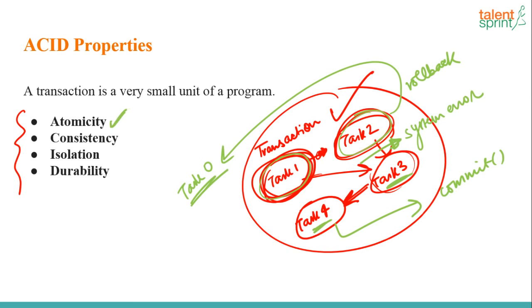Correct? So rollback, or sometimes also referred to as abort the transaction. So go back to the original state. And if everything is done, commit your changes to the database. Correct? So that next time when you read the database, you get to see the changes that you have done in this transaction. Let's call it transaction X. Okay, that is what we mean by atomicity.